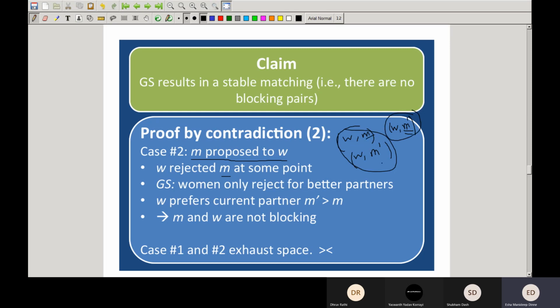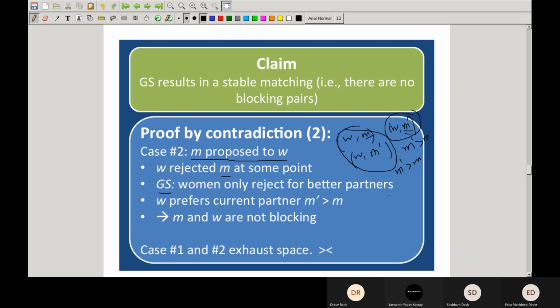She was initially with M and then took somebody else in, or she was with somebody else and rejected M. So W rejected M at some point. Now we know that in the Gale-Shapley algorithm, women only reject for better partners. So in this scenario, she rejected M and accepted M dash because M dash had a higher preference than M. In this scenario, she rejected M similarly because M dash had a higher preference than M. So in both cases, she rejected M for M dash because M dash had a higher preference, which itself contradicts